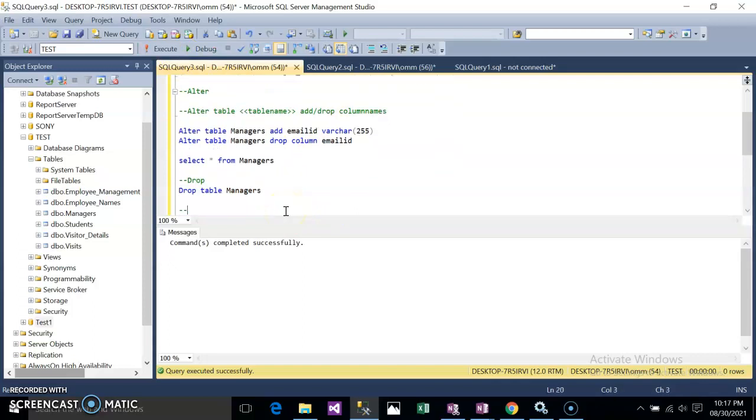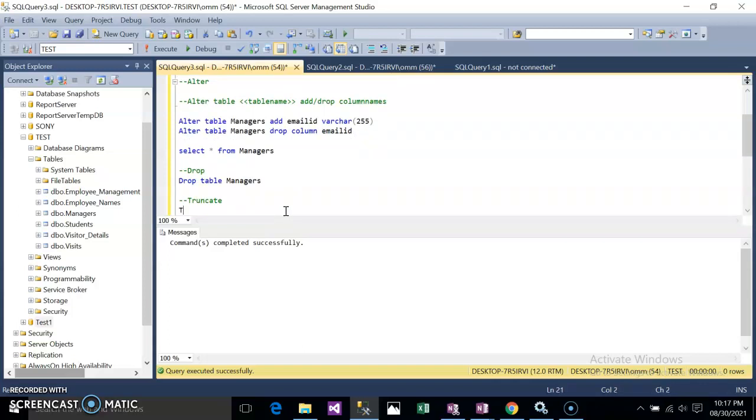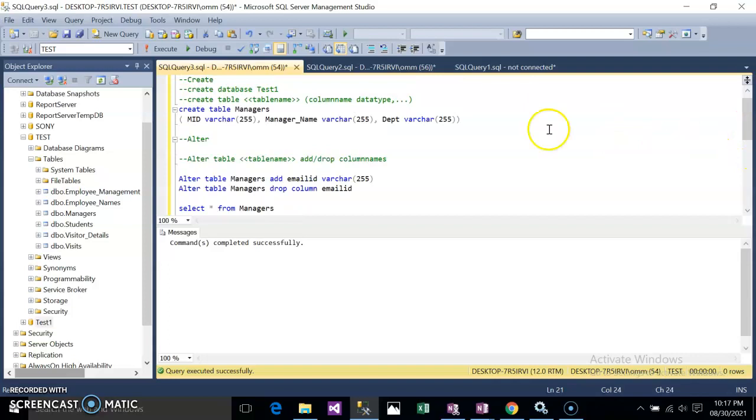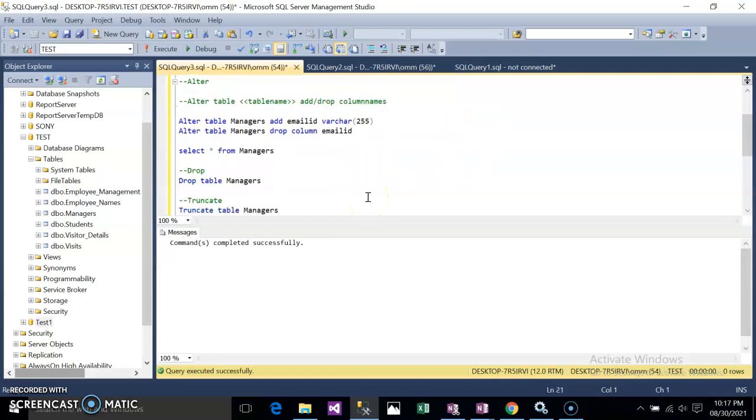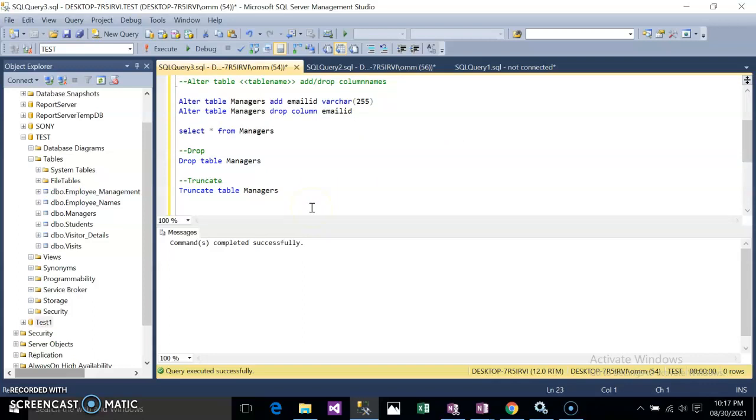And next is truncate table managers. Okay, as I have dropped the table, I am just creating it to give you the example of the truncate one.